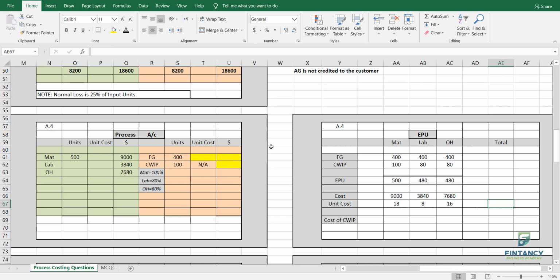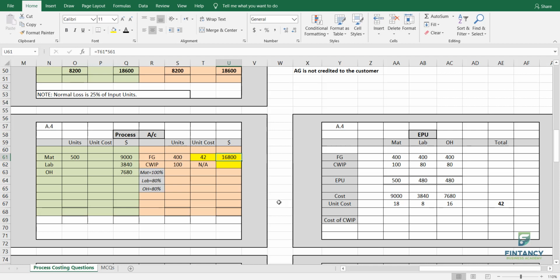Why we made the total column? Because of this reason. We need the total unit cost, which is how much? 42. Right? So how much is the unit cost total for this month? 42. Where to write this 42? Here. So I'm linking here formula 42. Okay. Got it, everyone? Okay, 42. So we got the first answer. Once you get this, you can automatically calculate. See how? 42 multiplied by 400. 16,800 is the cost of finished goods.